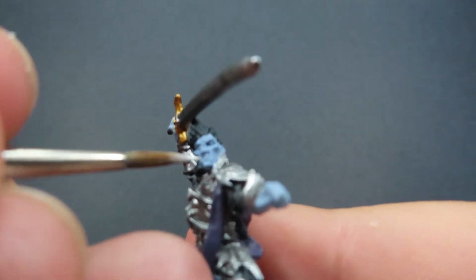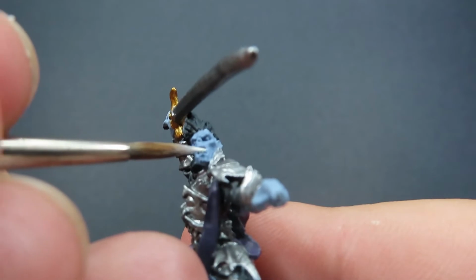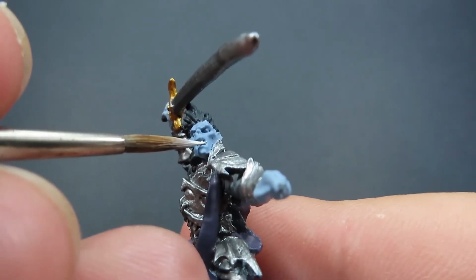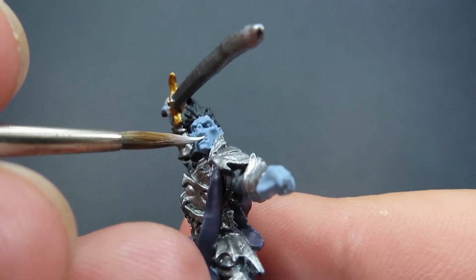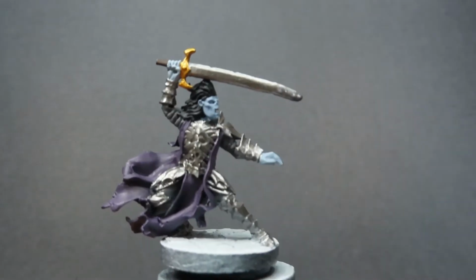You'll be able to see it here in a second, but it's just a matter of brushing over top, as if brushing teeth, with the white just slightly placed on here so it can really get onto that area and it just catches the edge of the teeth. And then once we have those